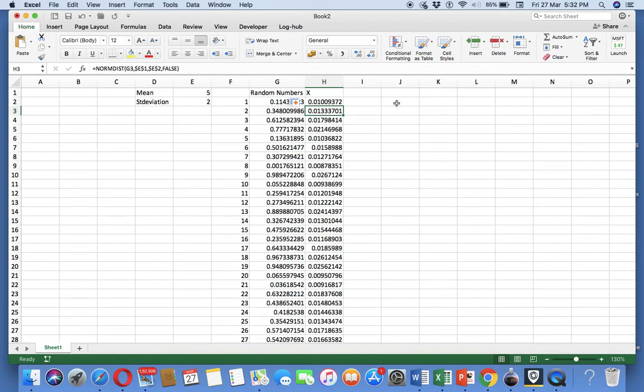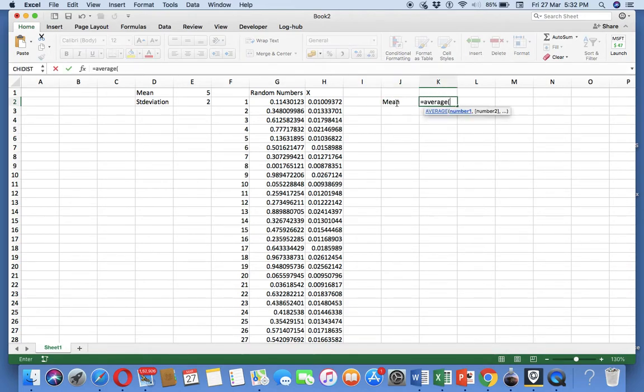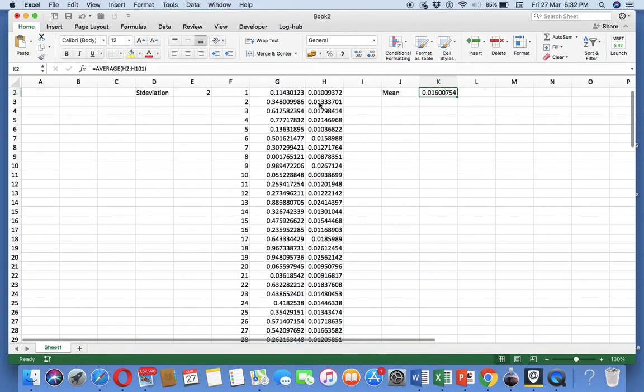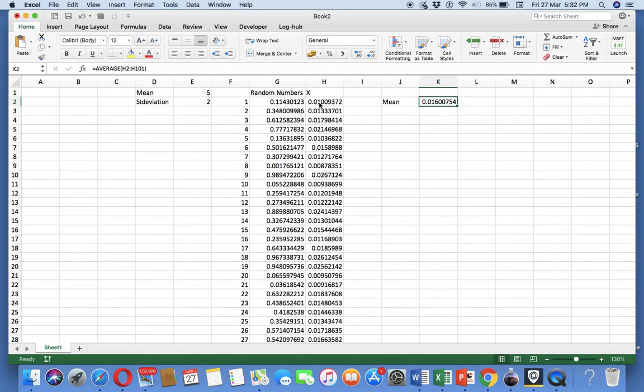Now if I take the mean of this variable, I'll just take the mean which I generated. Sorry, the command is average. So the command is equal to average, this range. So the mean, norms, sorry, I made a mistake. This should be norms. So once a random number is generated,